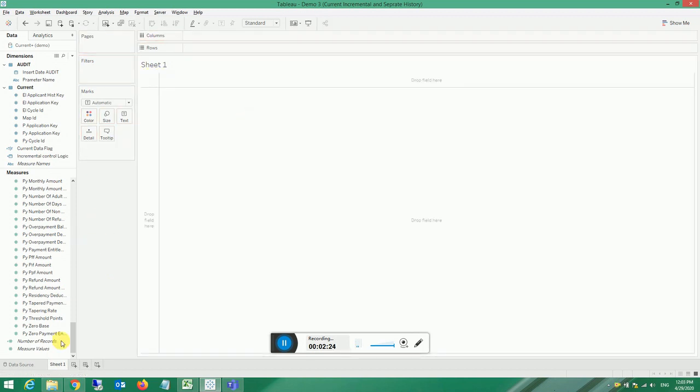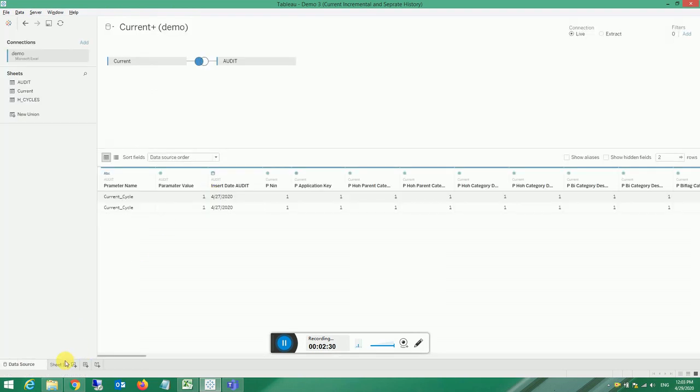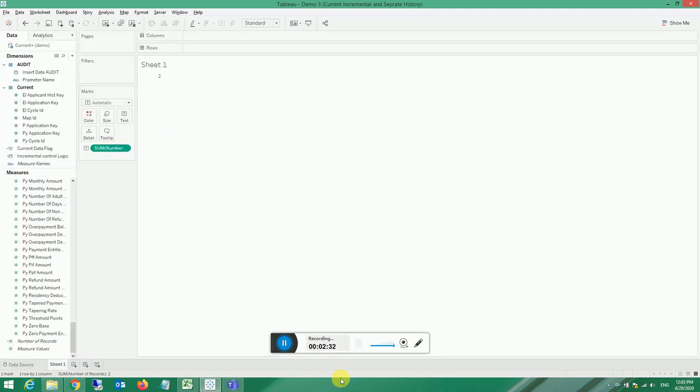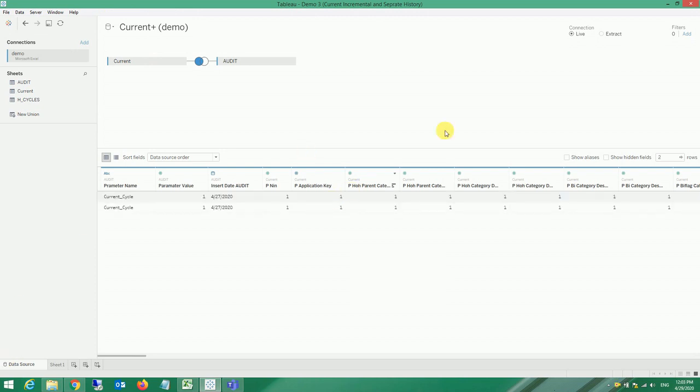How these two records came, just bring this and put it into the tags. You will get the two records in the data source, because we have two records. So that's why we have the two records here. Now let's create an extract. Bring all this information into the extract. Just click this button and go to the edit button.